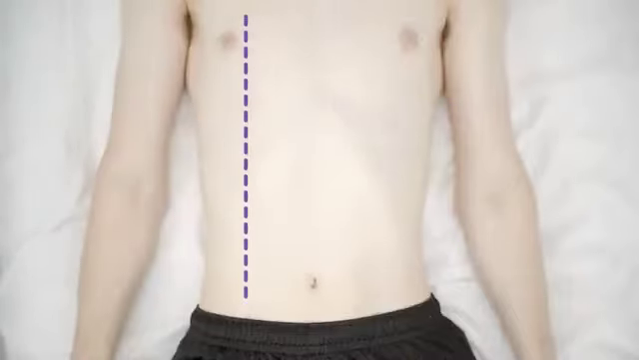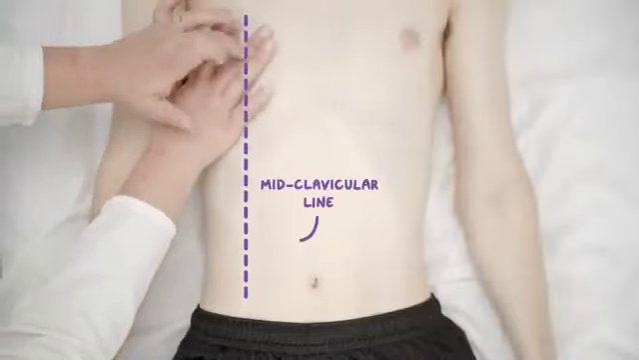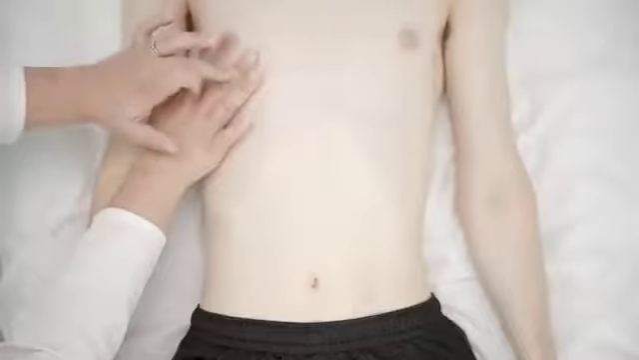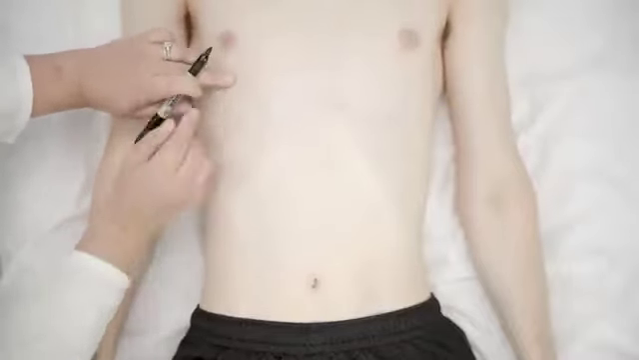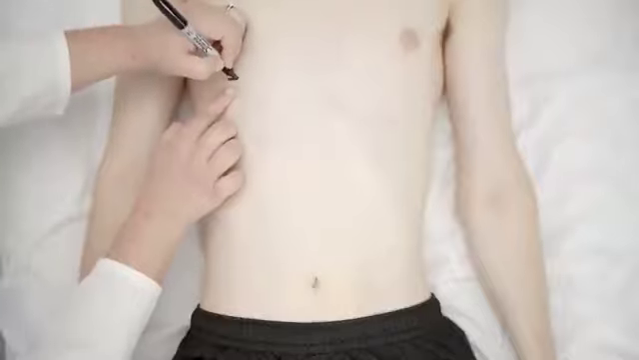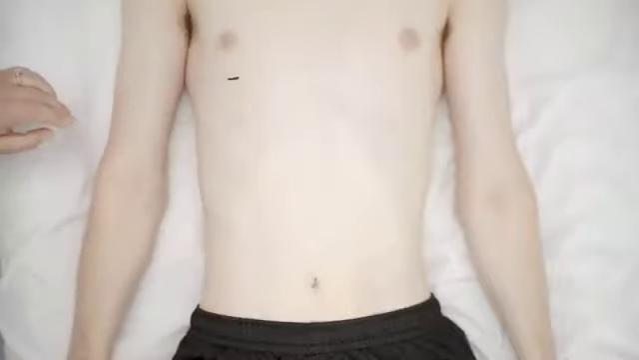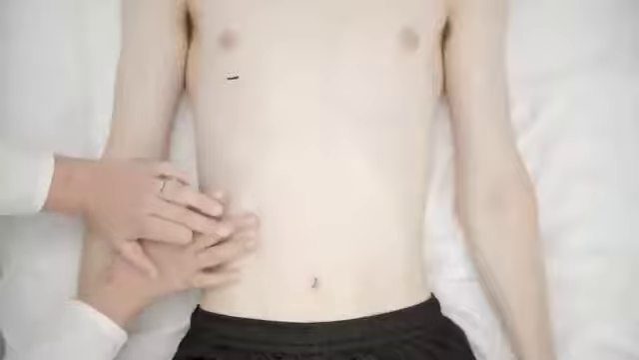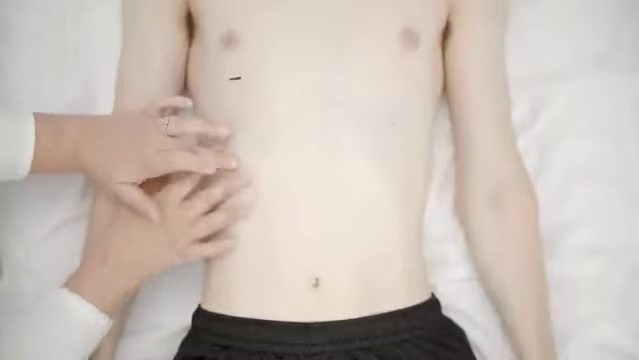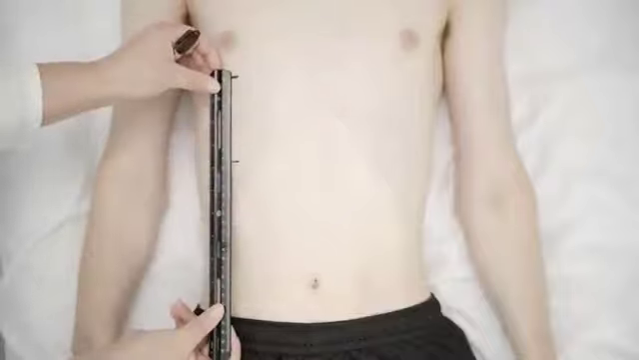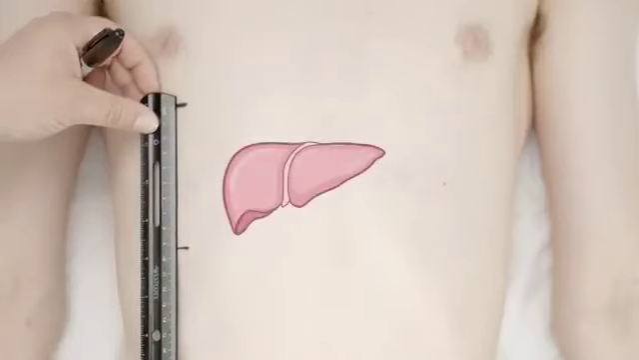Let's measure the liver. Starting around the height of the nipple on the right midclavicular line, gently percuss downwards until the sound goes dull. That's the upper border of the liver. Now find an area of abdominal tympany on the midclavicular line and percuss upwards until the sound goes dull. That's the lower border of the liver. The span of the liver should range from about 6 to 12 centimeters,